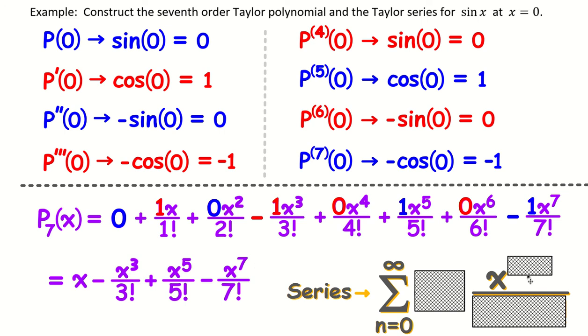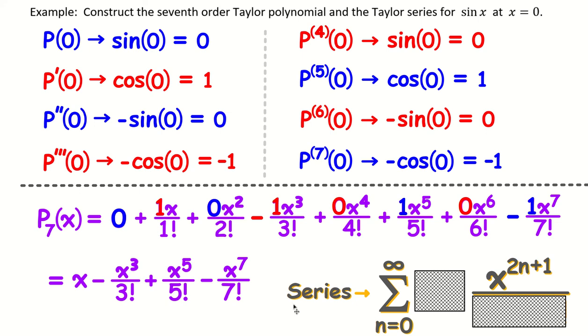So, cutting to the chase, pause the video if you want to think about how we could describe only the odd powers, starting off by plugging in 0 for n. I'm going to remove the box in 3, 2, 1,